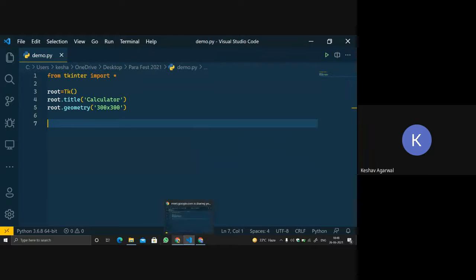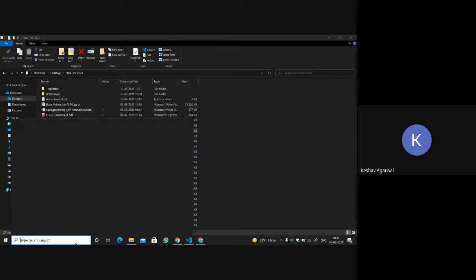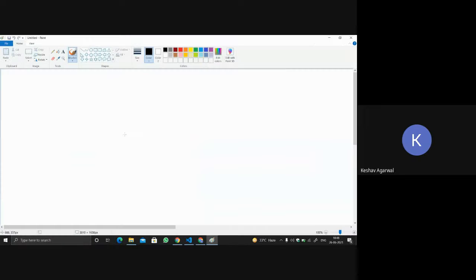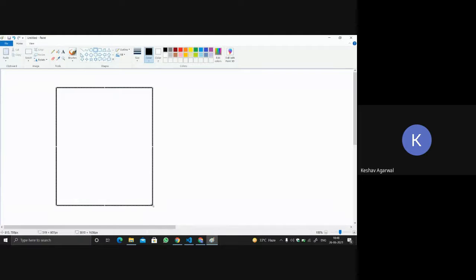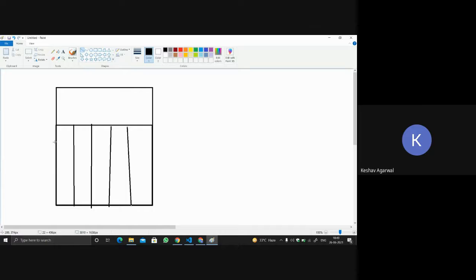Let's first draw something in Paint so that we can easily understand what the final product is. Let's suppose this is the window, and then we want keys, right? Let's say these are the keys at the bottom, and let's draw some keys. Something like this. This is just a rough sketch.